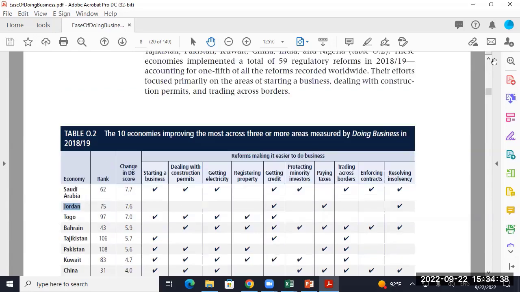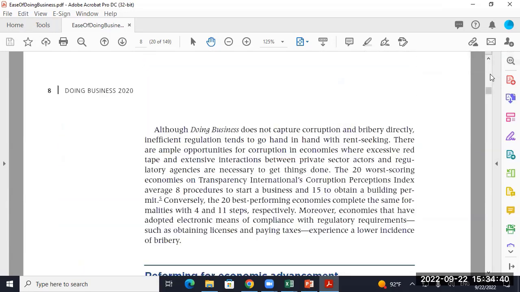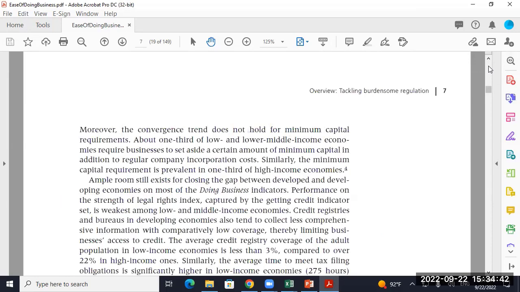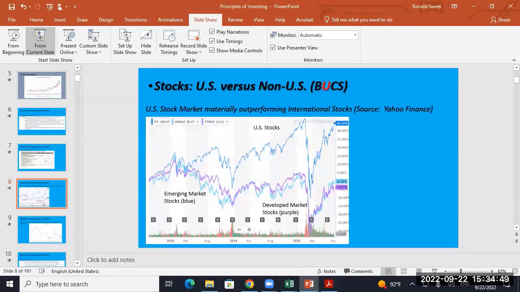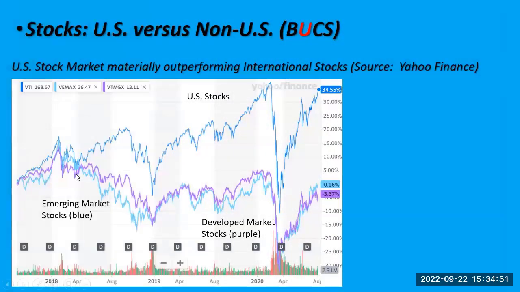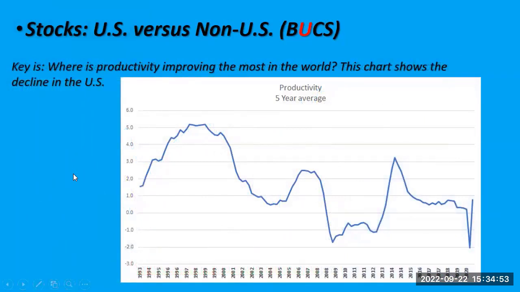But these are the kind of things you can read. This is a really good document, isn't it? It gives you some great insights on where you might have some opportunities to invest. If you have language skills and you know some of these countries, Mandarin's obviously a really important one. Spanish is a really important one.